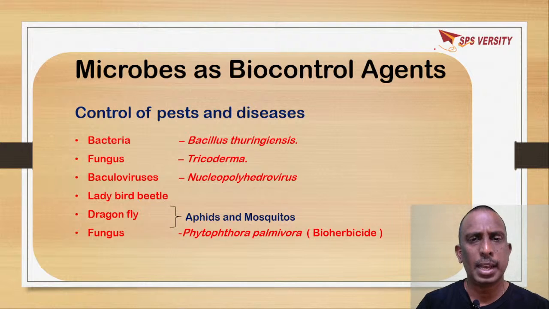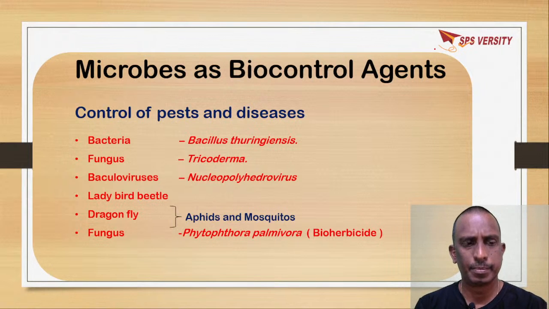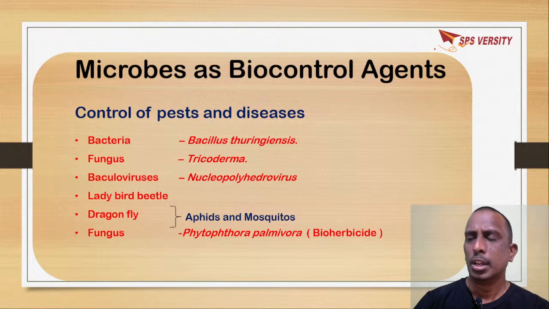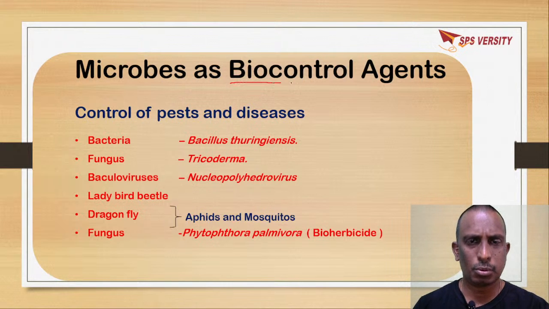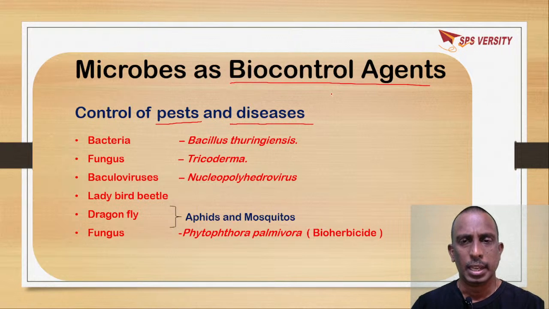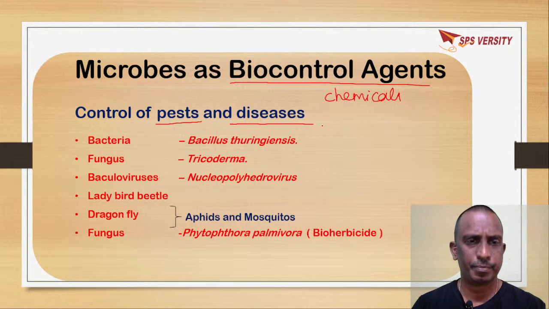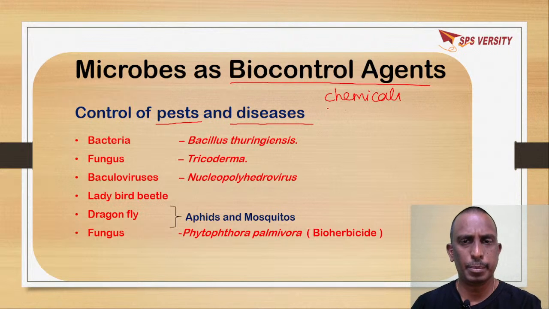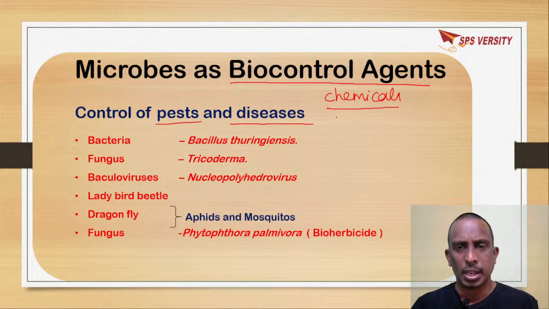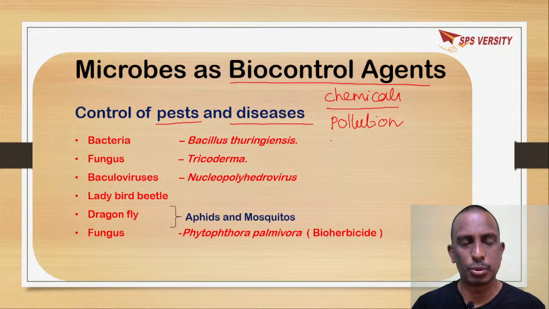And next, microbes as biocontrol agents. So what is this biocontrol agents? So in agriculture, to control diseases and pests, a lot of insecticides and pesticides are used. That is, the chemical based pesticides, insecticides are used in agriculture. But when you come to these chemical based insecticides and pesticides, they cause a lot of pollution. They cause water pollution, soil pollution. At the same time, they affect humans also. Humans also get a lot of diseases due to this pollution,